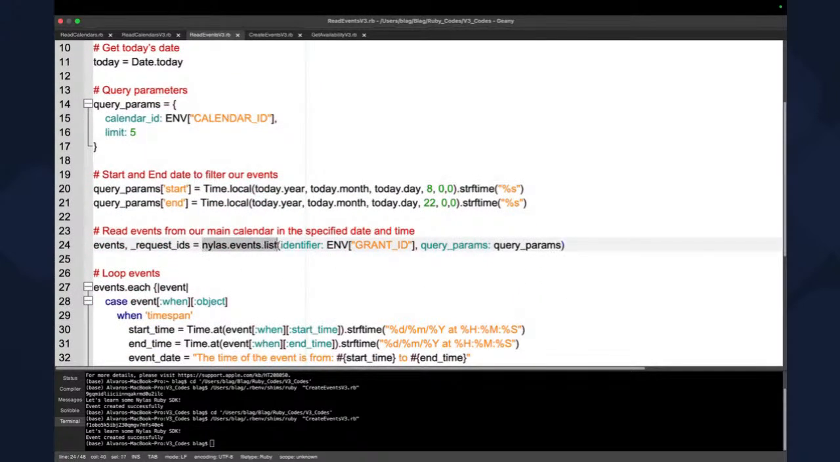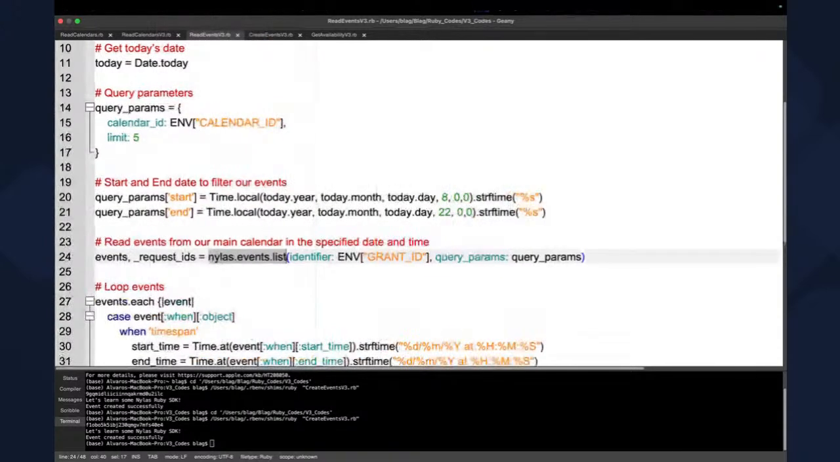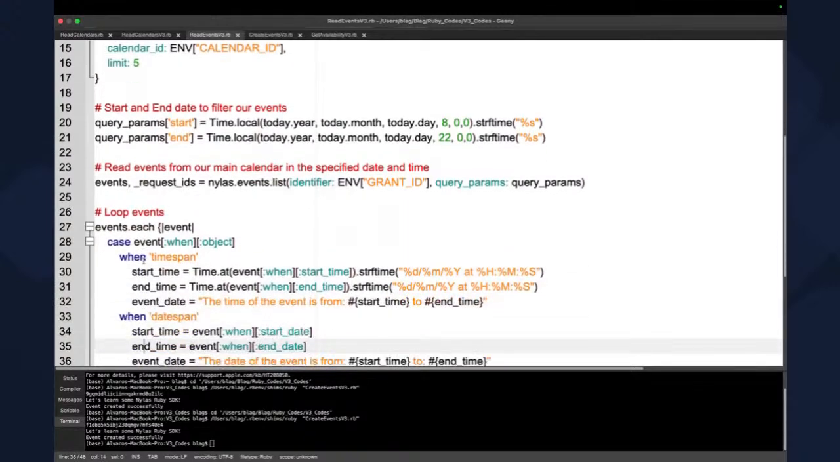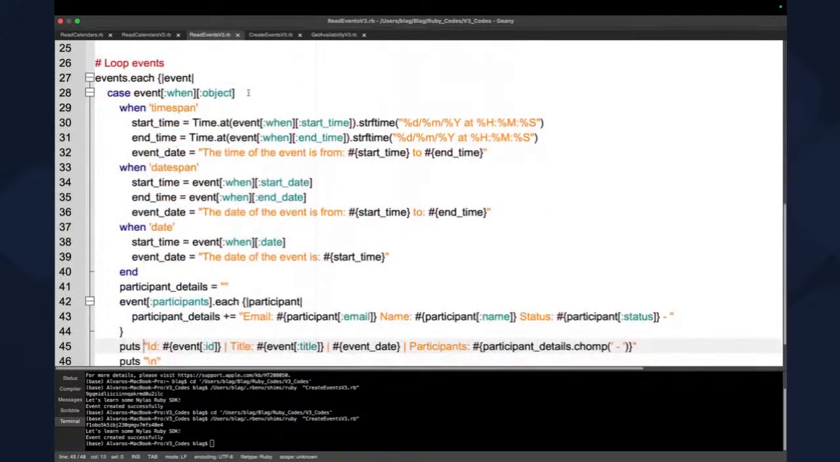Here, we're gonna call the same Nylas events.list, probably a little bit bigger. We're gonna pass the identifier, and here we're gonna pass the query params. So instead of grabbing all the events, it's just gonna grab 5, and it's gonna be the ones in our own calendar. So once we have that, we're gonna loop that, and we're gonna go into the when object